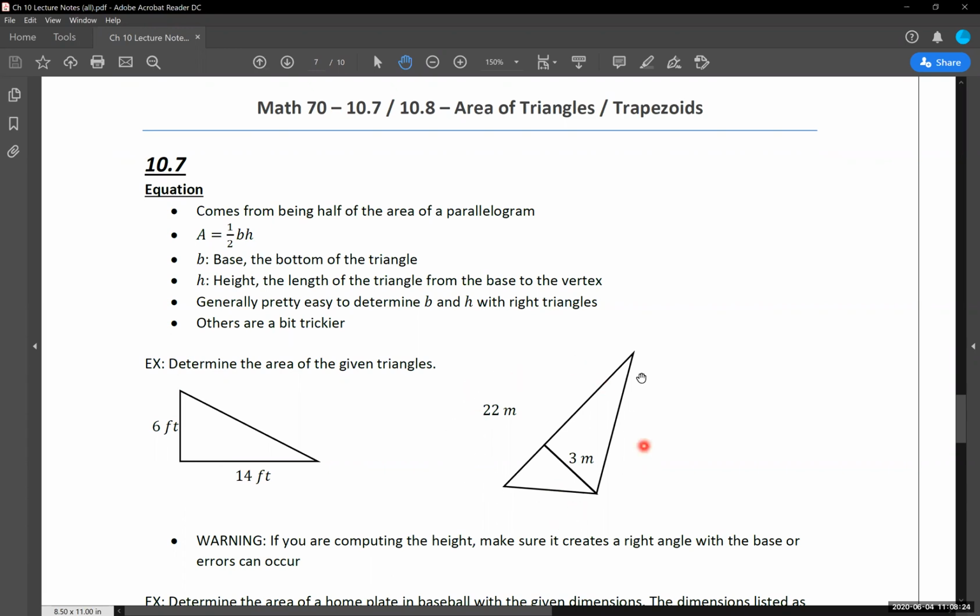This doesn't look like a right triangle. This would be a scalene triangle, and we would need to find the area of this thing. So we're going to go through both of these examples, but I just want to give you a quick gauge on the types of triangles that we could be looking at. So I'll jump us over to our whiteboard, but these are the two examples that we're going to go through and how we determine the area for each of them.